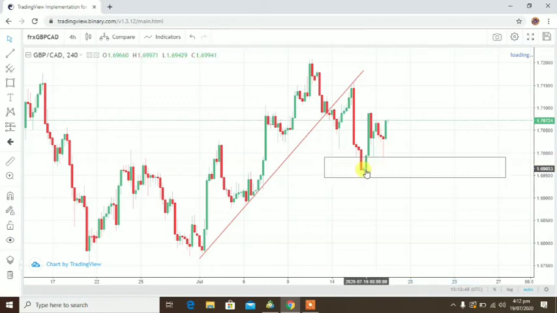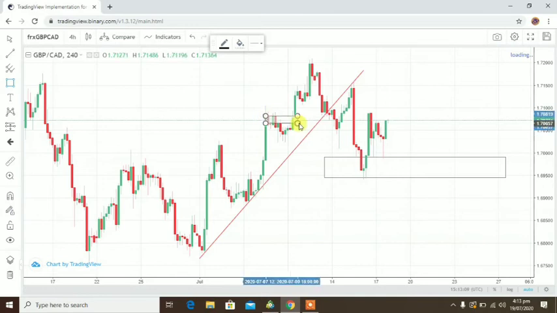Then we saw how price reacted to this support level from our daily time frame, and right now we see price going back to retest a broken support level, which has now become a resistance. So we have to identify this key level. This also is a key level in the market. If we take a look at our left hand side,